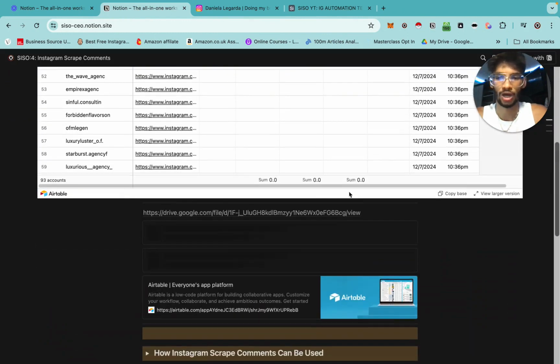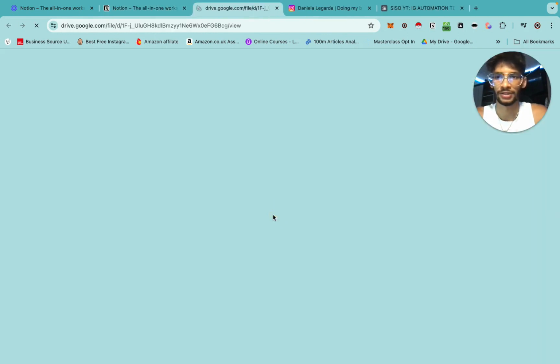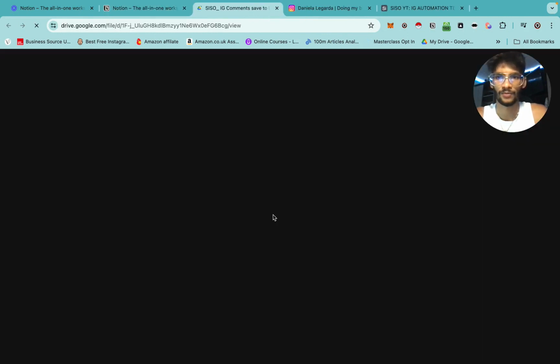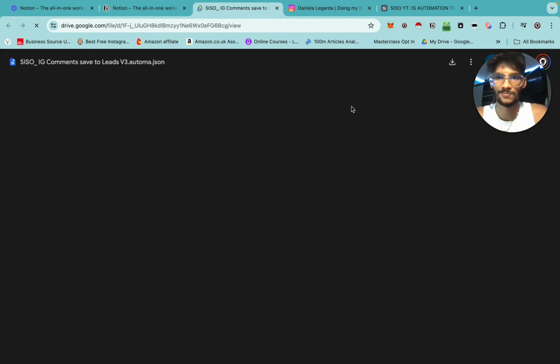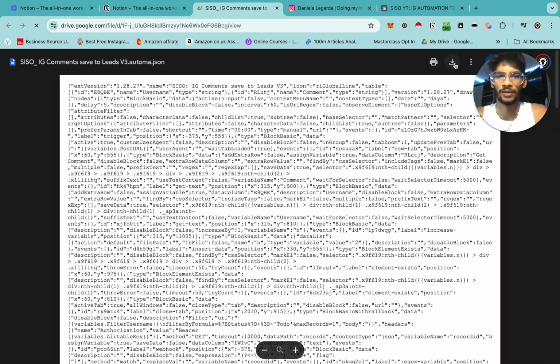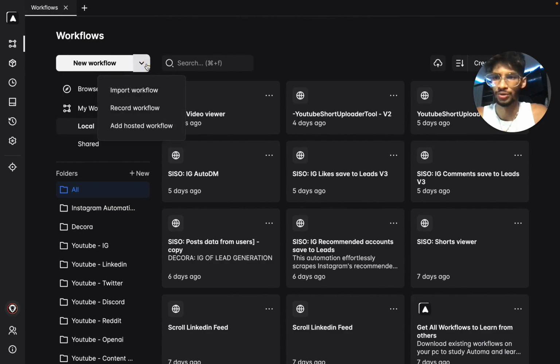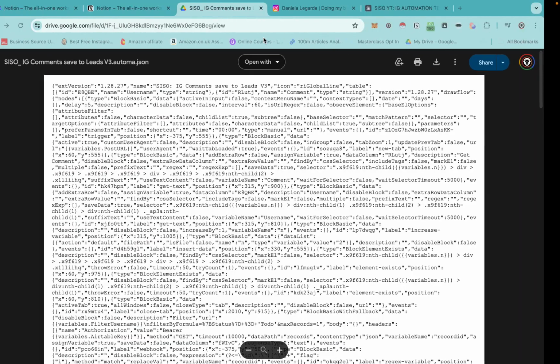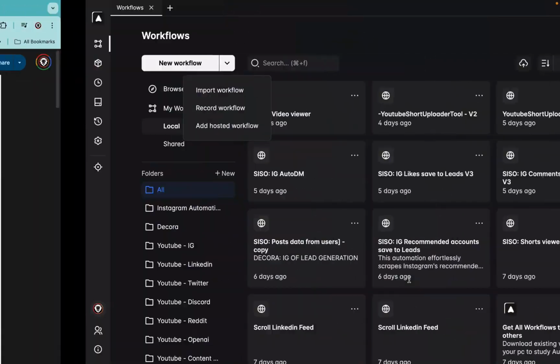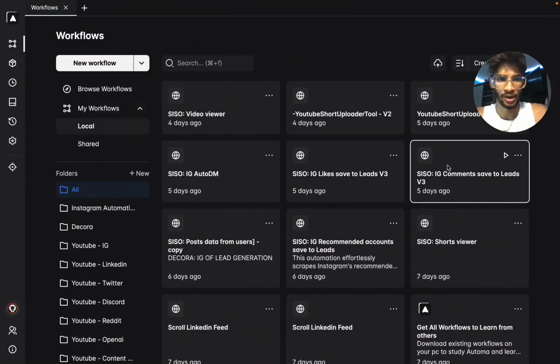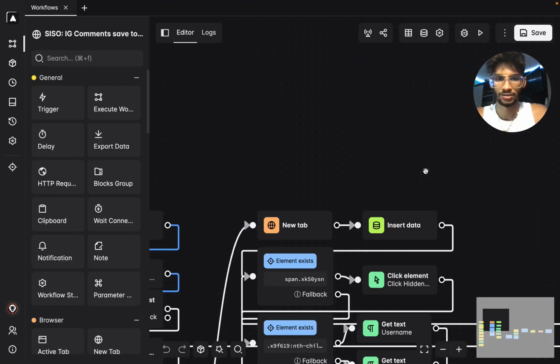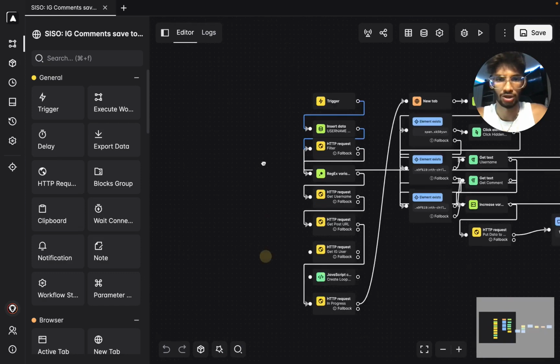This Google Drive link, which we've linked in here, we just want to download it. Download it here, and then go to import workflow, and then this workflow is going to be imported in, and you'll end up getting something like this. This will be the automation which shows up. Okay,